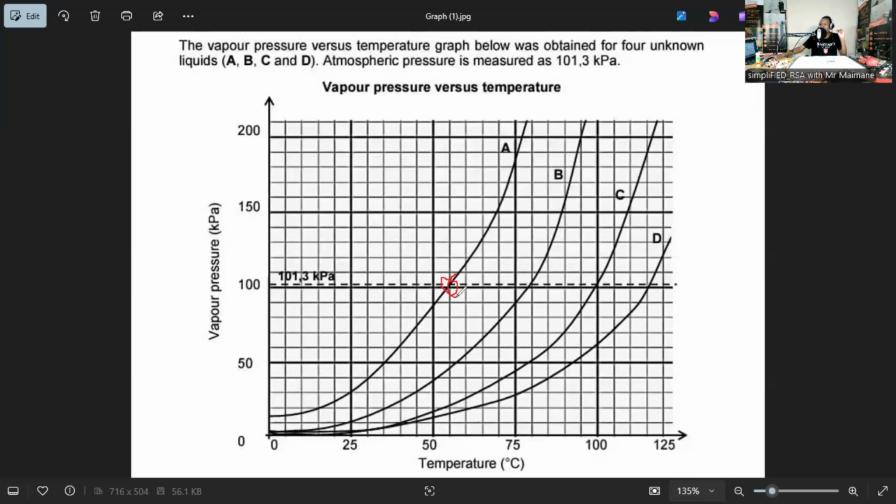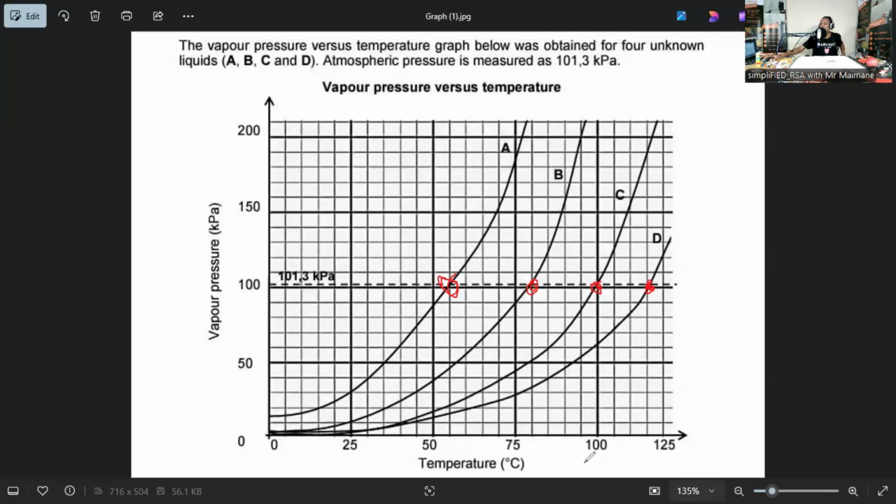This is the boiling point for liquid A. This is the boiling point for liquid B. This is the boiling point for liquid C. And this would be the boiling point for liquid D, because at that instant, the atmospheric pressure is equal to the vapor pressure. And then for us to answer the boiling point of liquid B,